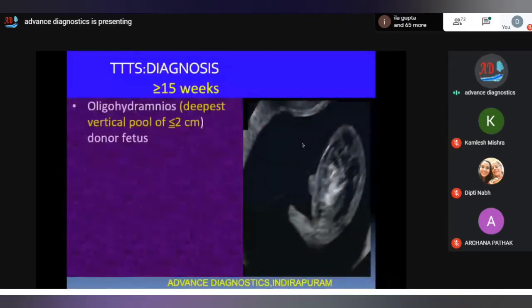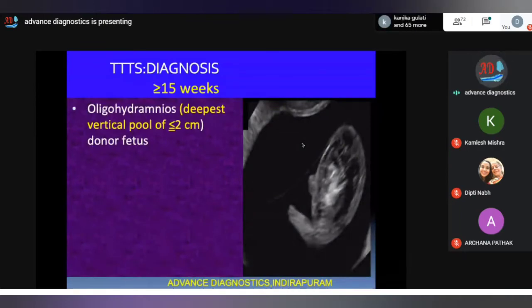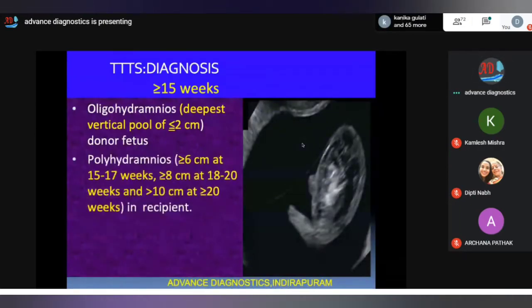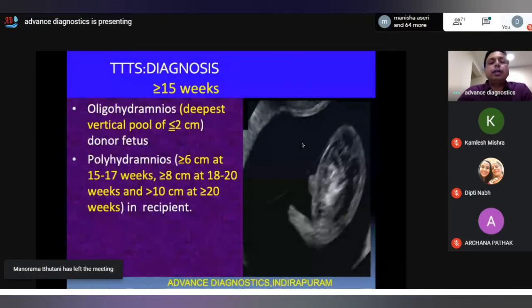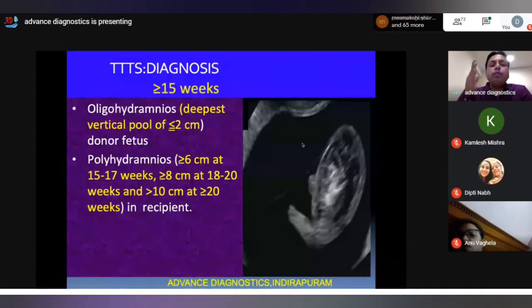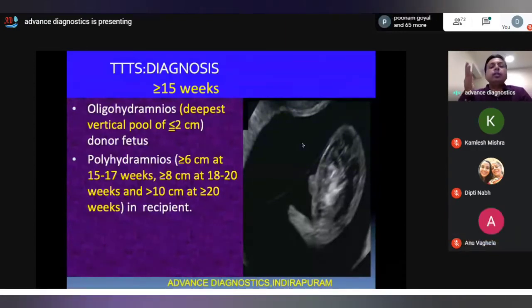More than 15 weeks, if you are seeing there is oligohydramnios, that is the deepest vertical pocket less than or equal to 2 centimeter, or polyhydramnios, that is more than 6 centimeter at 15 to 17 weeks, more than 8 centimeter at 18 to 20 weeks, and more than 10 centimeter at 20 weeks in the recipient. So if after 15 weeks you are seeing that one baby is oligo and